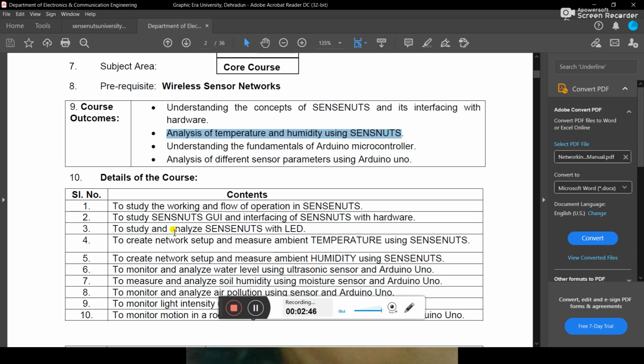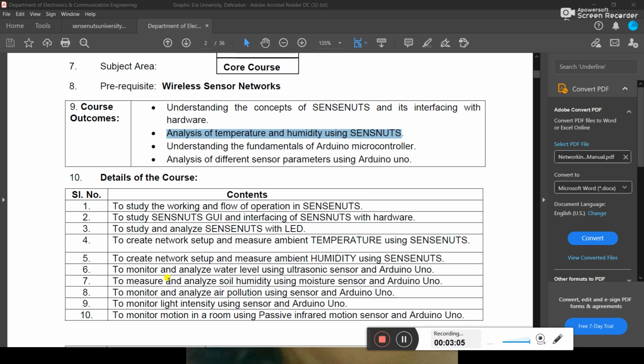Next is to study and analyze SenseNets with LED, to create a network setup and measure ambient temperature using SenseNet, to create a network setup and measure ambient humidity using SenseNets, and to monitor and analyze the water level using an ultrasonic sensor and Arduino Uno, to measure and analyze the soil humidity using a moisture sensor and Arduino Uno, to monitor and analyze the air pollution using a sensor and Arduino Uno, to monitor light intensity using a sensor and Arduino Uno, and to monitor motion in a room using a passive infrared motion sensor and Arduino Uno.